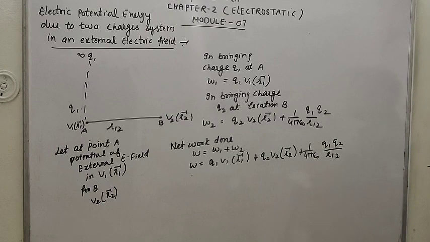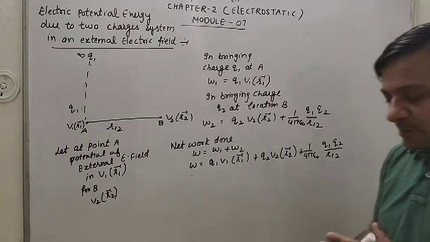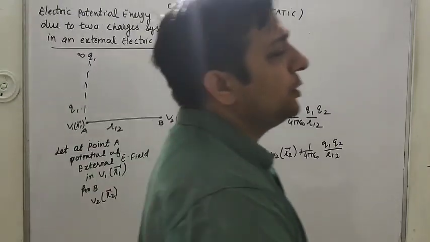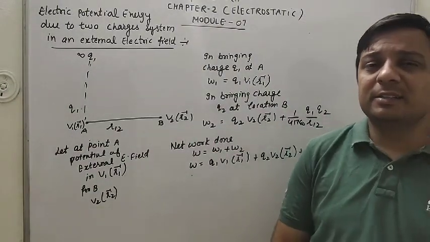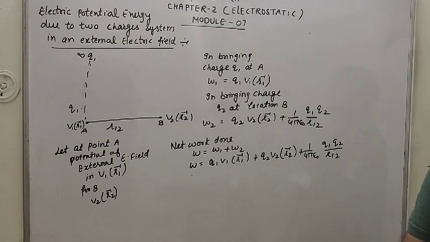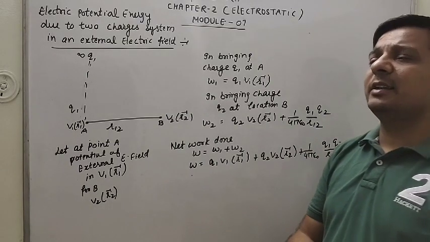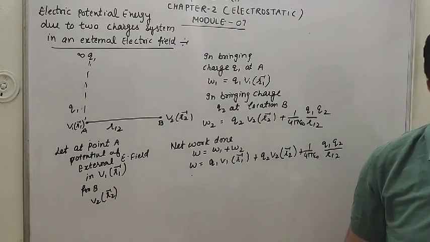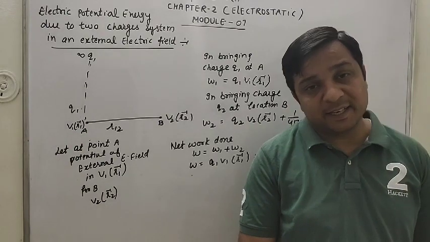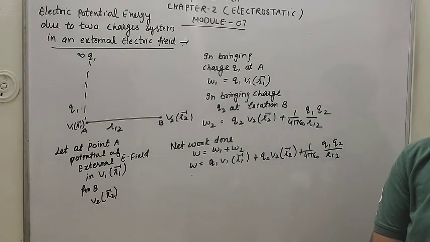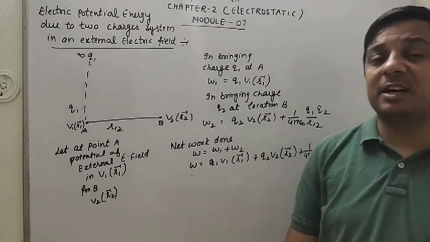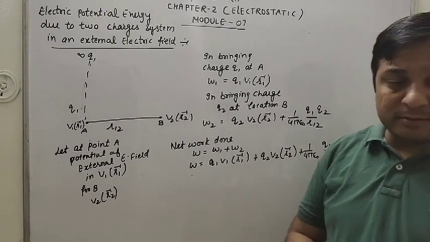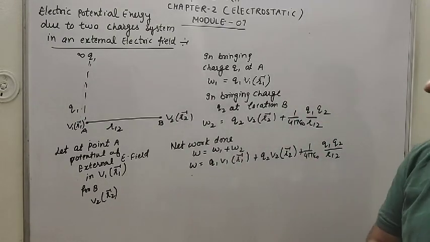So dear student, that's very simple. For your recapitulation, I am going to tell you simply. For any numerical on this topic, you can solve it very easily, this is the easiest way. Simply, if there is no external electric field, when we bring the first charge, no work is done. When we bring the second charge, because there was a potential of the first, work is done. When we bring the third charge, there was a potential of the first and second at that location, so two types of work are done.